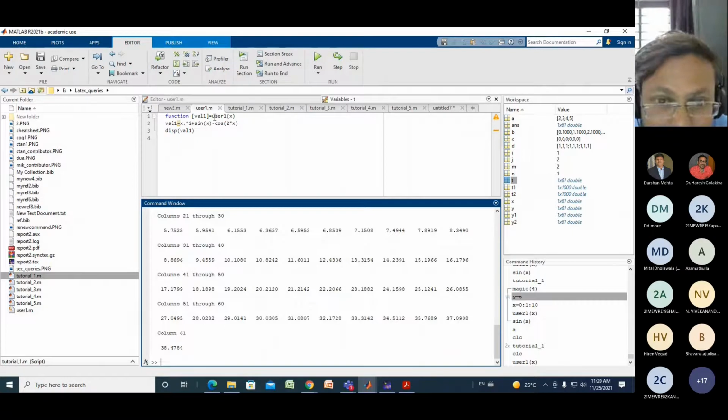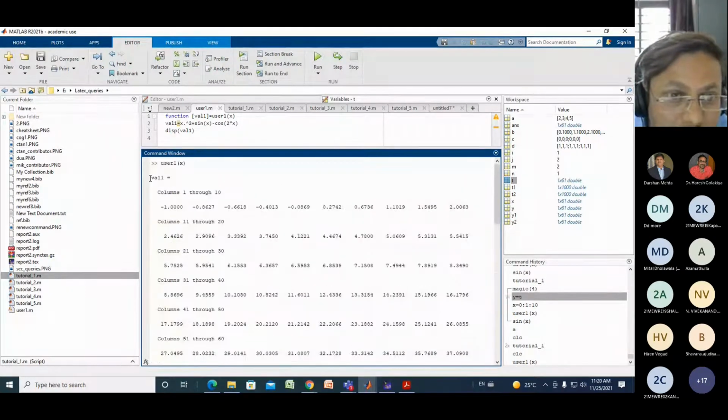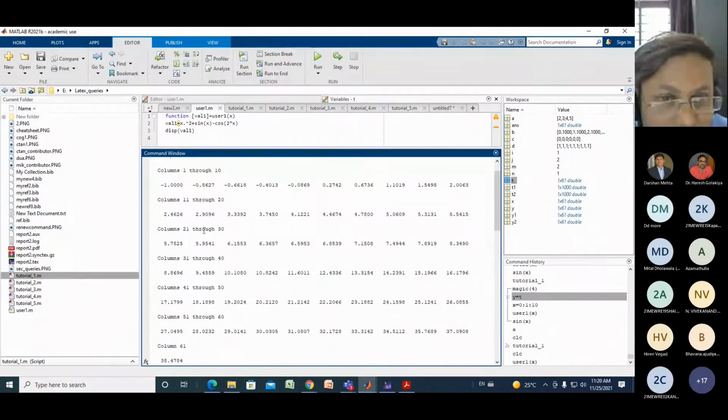Here you can see the output of your user1 or VAL1. This is the calculated value of your function. This command window is used to run the function file. I have taken this function and I can see what the output is. So this is known as the user defined function.